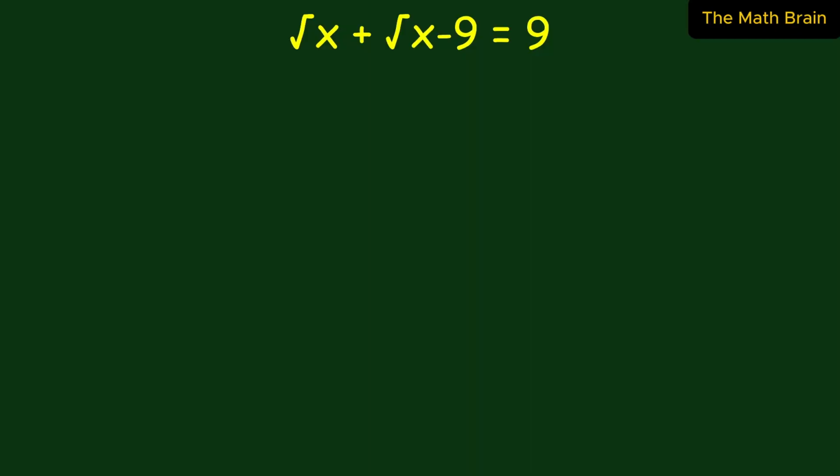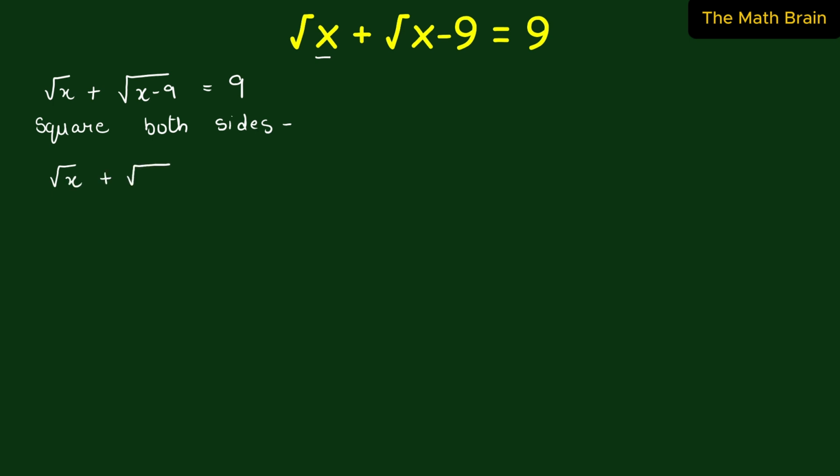Hello everyone. Today we are going to find the value of x in the given equation, that is √x + √(x − 9) = 9. First we are going to square both sides. By squaring both sides we will get